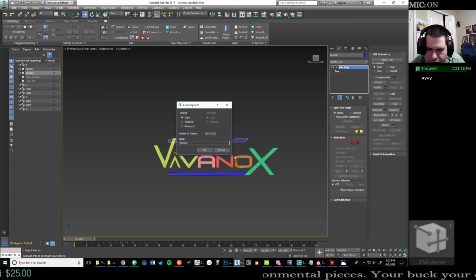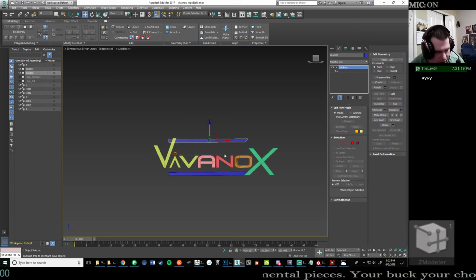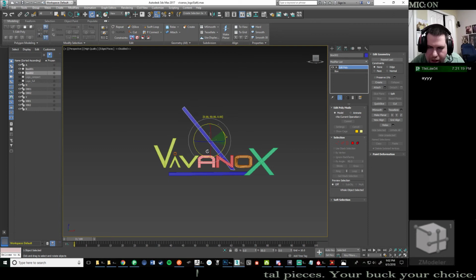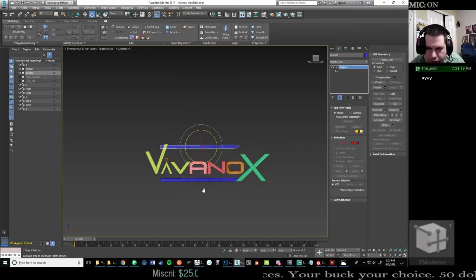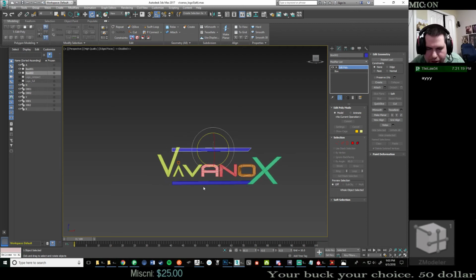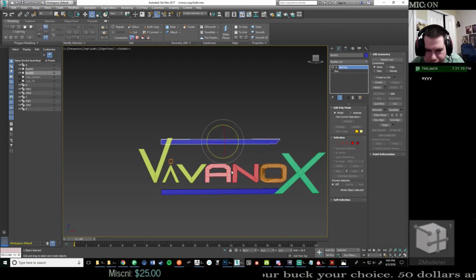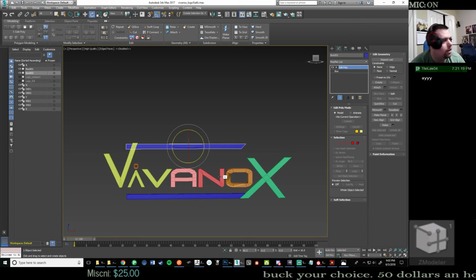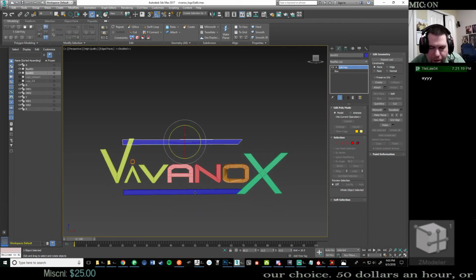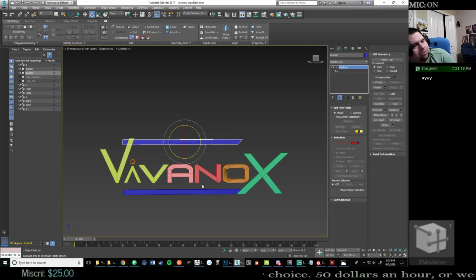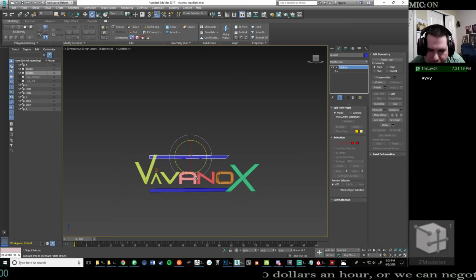I keep forgetting the duplicate shortcut in 3ds Max is different. I'm trying to control drag something like in ZBrush to duplicate an object, and it's shift drag in 3ds Max, and it just keeps throwing me off.